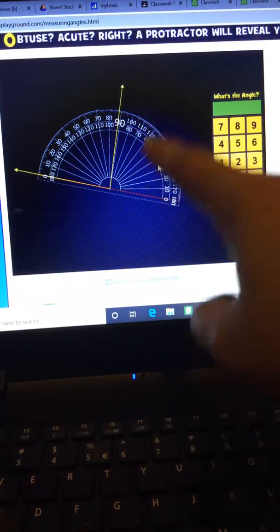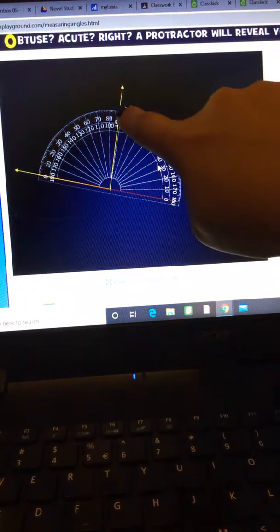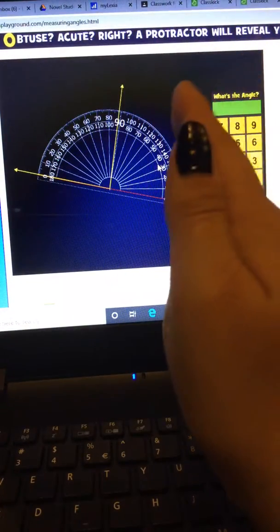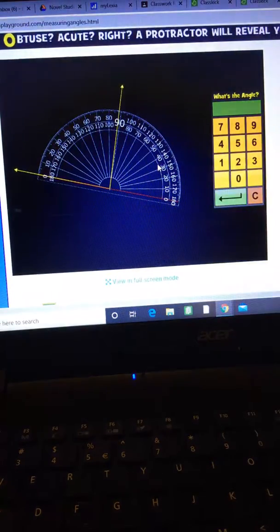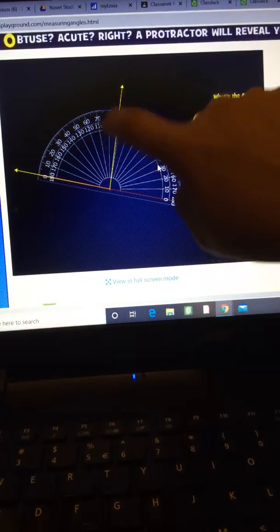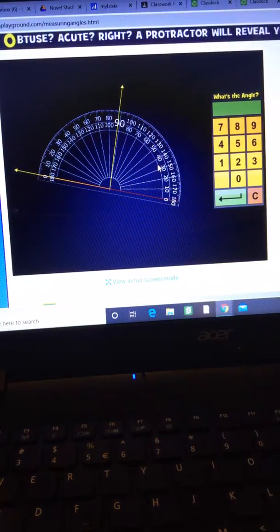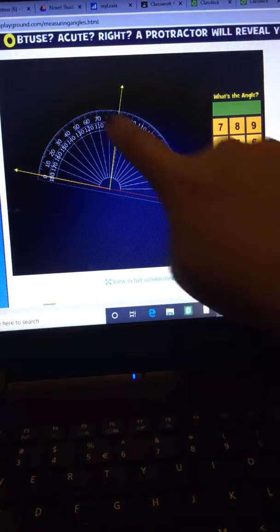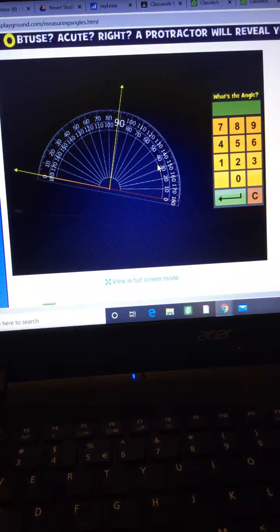So this one right here, does it look like it's less than 90 or greater than 90? It's a little bit less than 90, so that would make it acute. So when you're choosing your sets of numbers, you choose the smaller set. So we have 80 and 90, and then we have a whole bunch of little notches that you have to choose from. It'll be easier when you are on your own computer because you can see it better. But if we zoom in